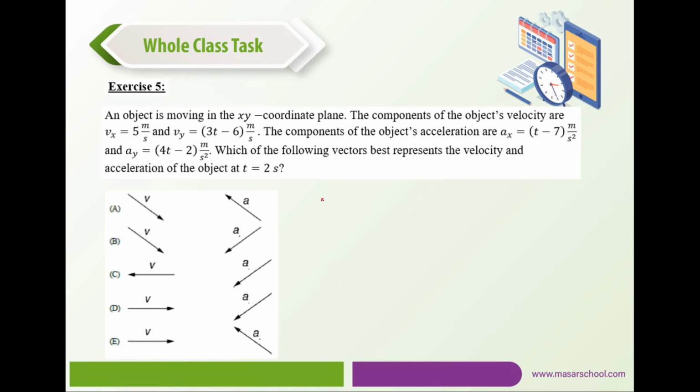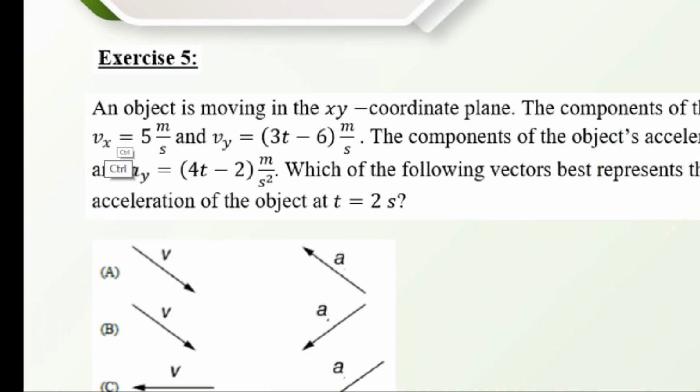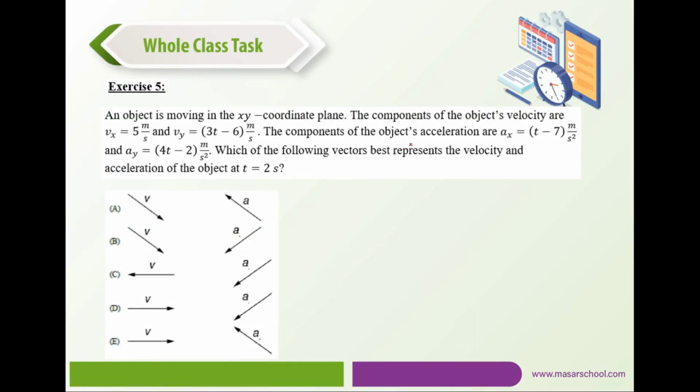Now, an object is moving in the xy coordinate plane. The components of the object's velocity are Vx and Vy, so they depend on time. Now, the components of the object's acceleration are given by Ax and Ay, then also Ax and Ay depend on time. Which of the following vectors best represent the velocity and the acceleration of the object at t equal to 2 seconds? Then let's calculate the velocity and the acceleration at t equal to 2 seconds and choose the